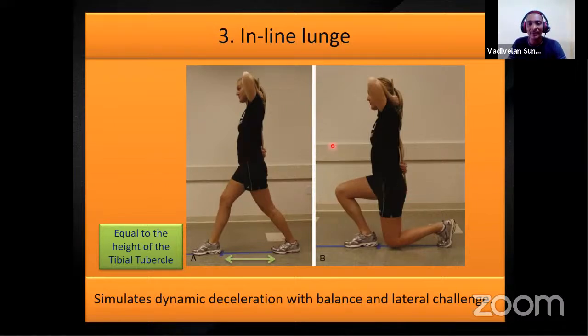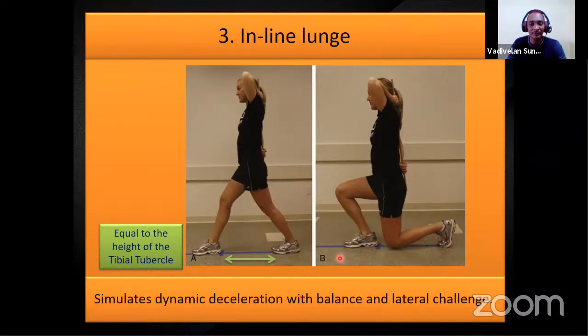Most athletes never take a load over the back. If they have weak stabilizers, they may lean forward. What the inline lunge does is simulate dynamic deceleration with balance. Balance and lateral changes, especially lateral changes, can be assessed with inline lunges. This is the third test. Again, I have given a scoring system, so you can score on a 4-point scale. If the athlete is unable to perform, it is 1; with compensation, 2; if performed completely correctly, 3.